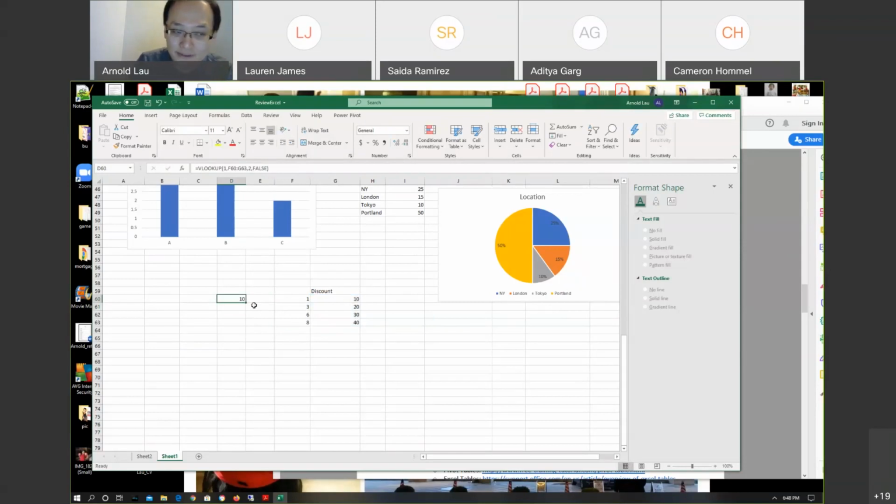Okay, so I've done the VLOOKUP. So I'll walk you through. What I'm looking for is 1. So that's my lookup. And then this is the table, which is F60 to G63. F60 is this one here, G63 is here. When you specify the range, remember this is what you do with the colon in between. And then which column am I looking for? I'm looking for the second column, which is this column, and then false. I think I've mentioned this a few times, but you want to pay attention to the false. If you don't put anything in there, you're going to default to